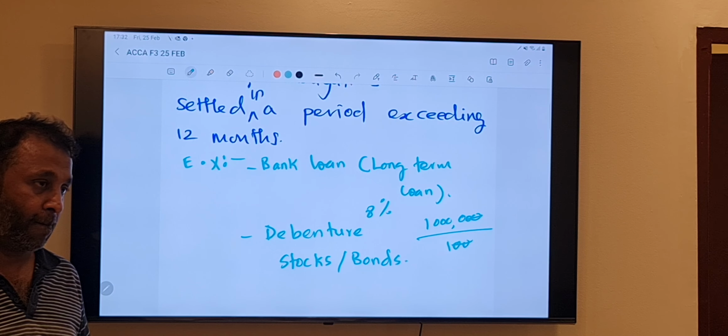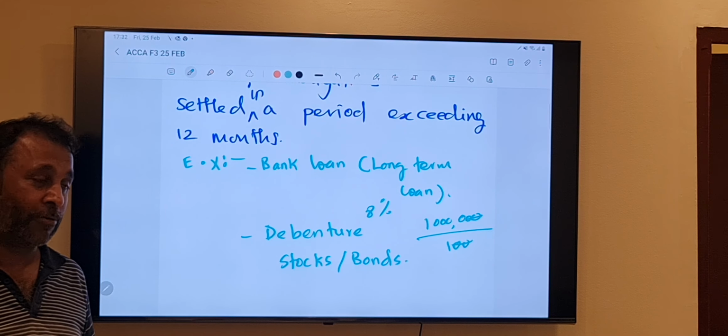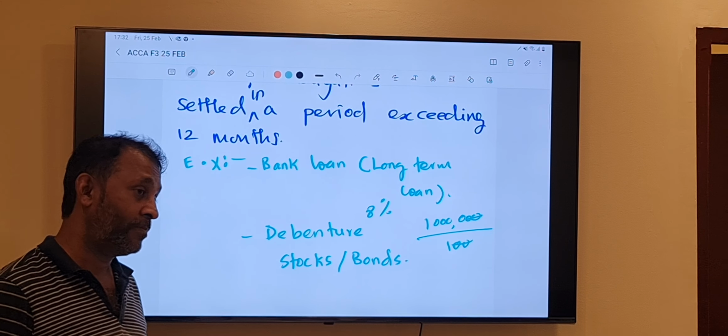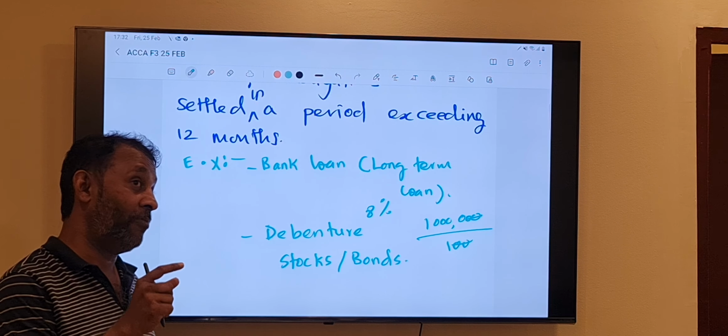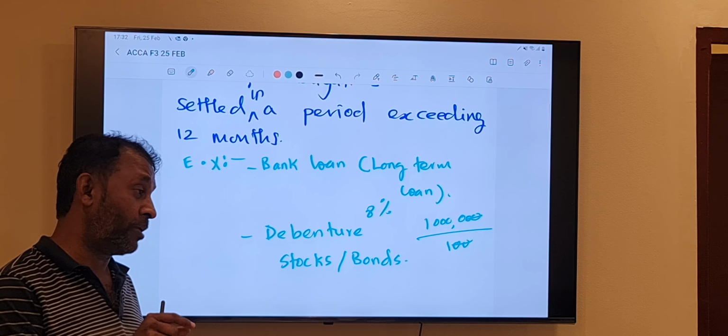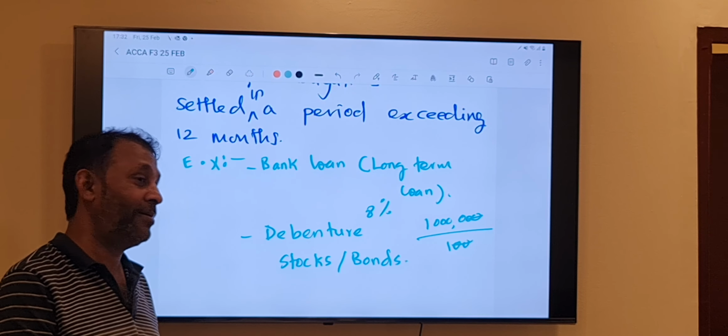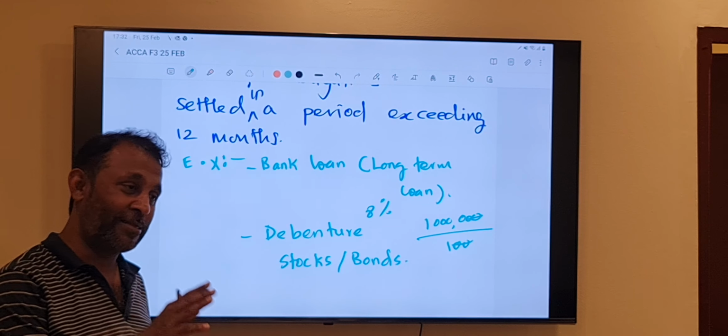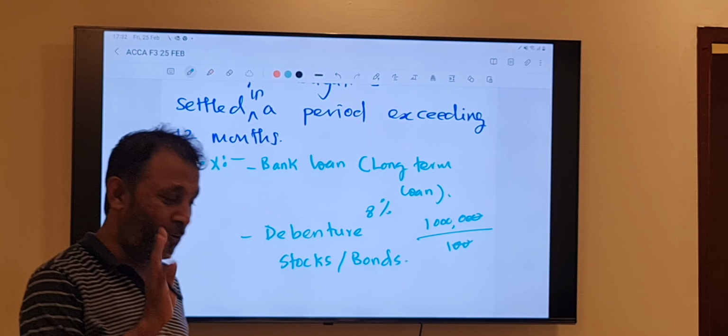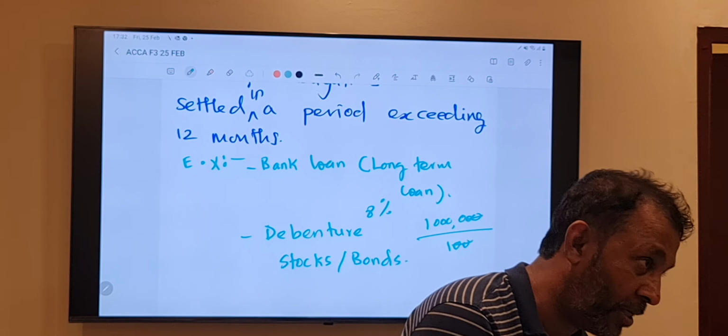And again, when it comes to LG, letter of guarantee, it falls into this because there are periods also. The letter of guarantee is not an immediate liability. It's what you call contingent liability currently. We will discuss contingent liability later. To give a good example of a contingency, there is a word called contingency.